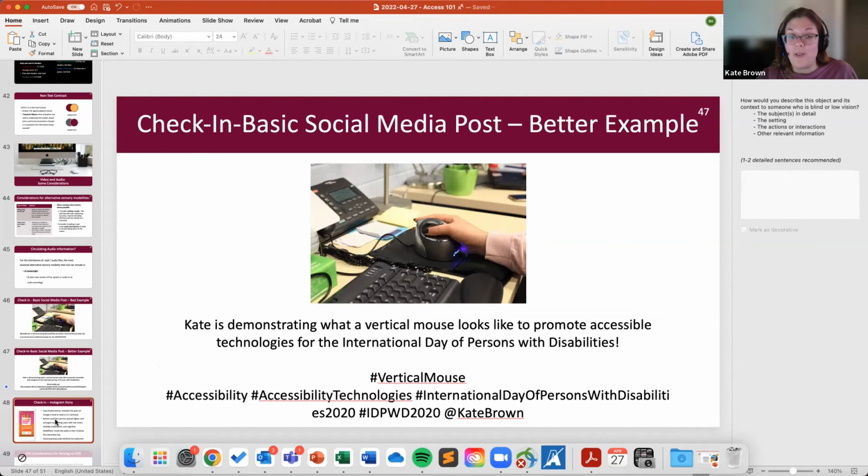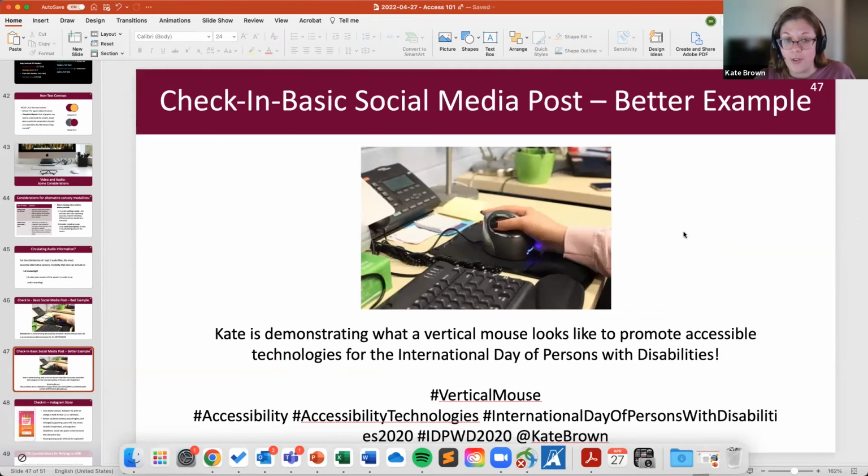Go ahead, Kate. I would say also, if folks want to know, a quick alt text description would just be person using a vertical mouse. Yeah, a very, very simple description. They don't have to be complicated. We also recommend, if it's a photo where the type of image doesn't matter, to not say a photo of, because that gets a bit redundant. If it's a portrait of someone, you could say a portrait of somebody, but you don't always need to say a photo or an image of. You can just say, a person using a vertical mouse.